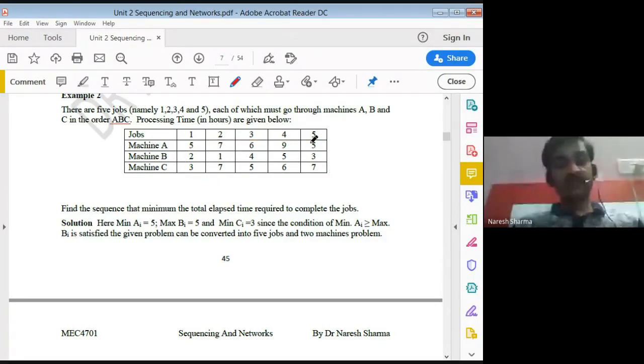First, we need to convert this three machine problem into a two machine problem. For that, you take the minimum from A and the minimum from C. The minimum value of A is 5.